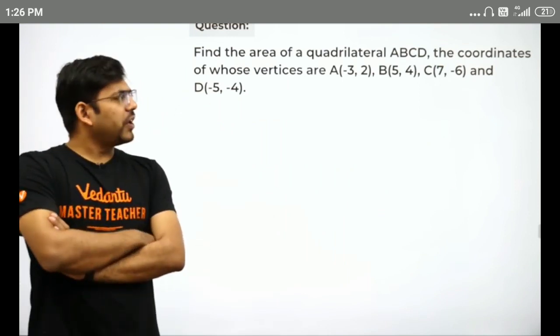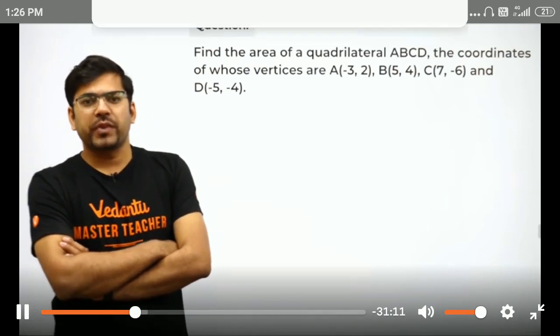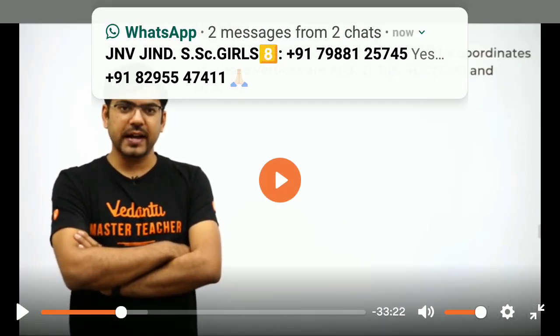Find the area of the quadrilateral ABCD, the coordinates of whose vertices are